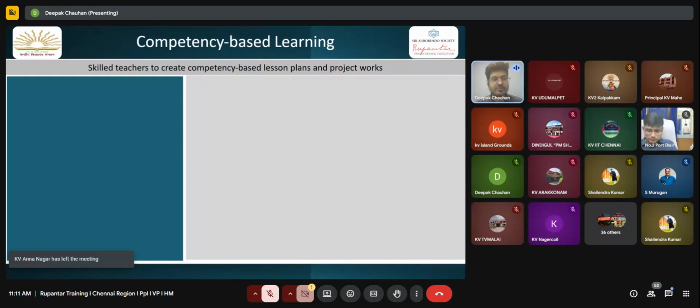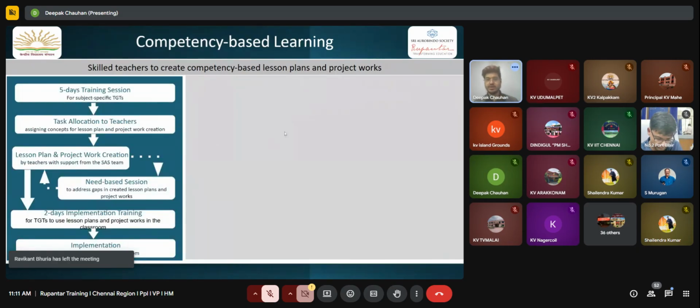Try to integrate competency based learning, or achieve competency based learning, through our program. Let us first see the structure of the program, how we do it. So this flowchart basically represents the structure of this entire program and the different stages of